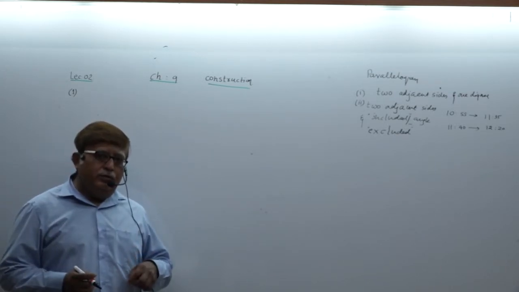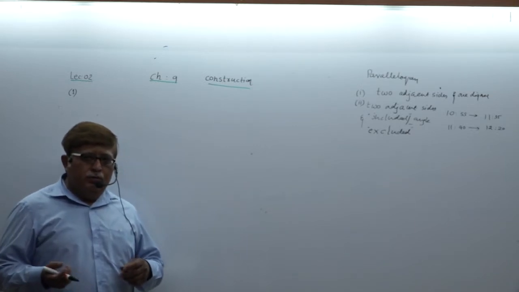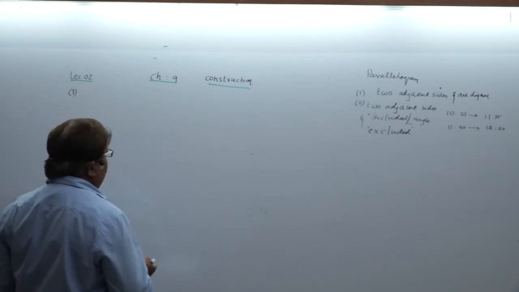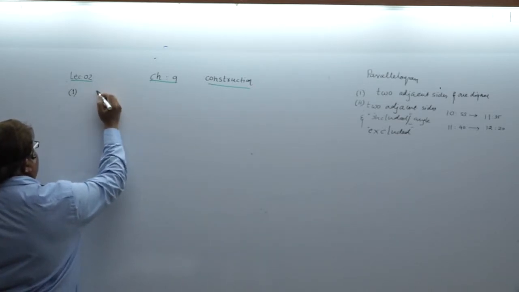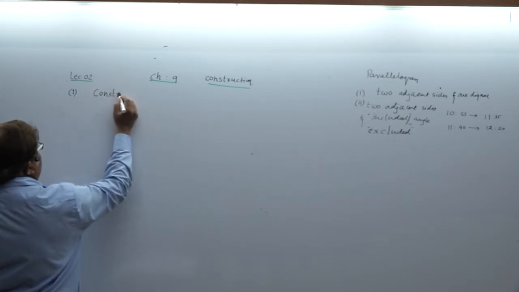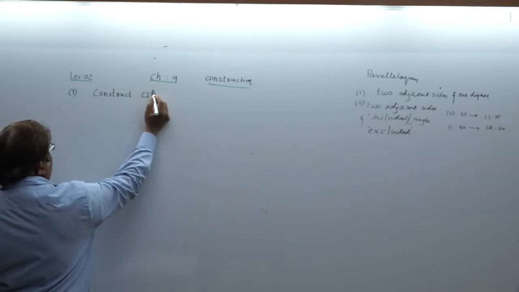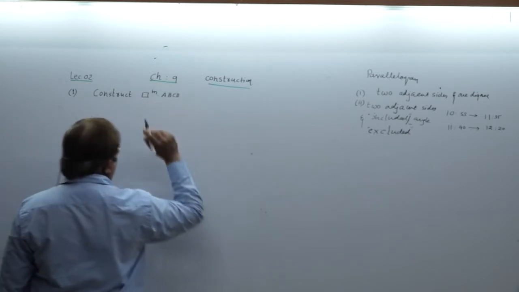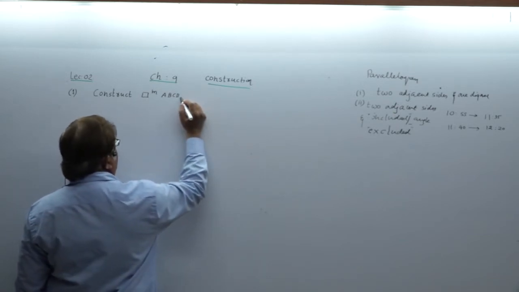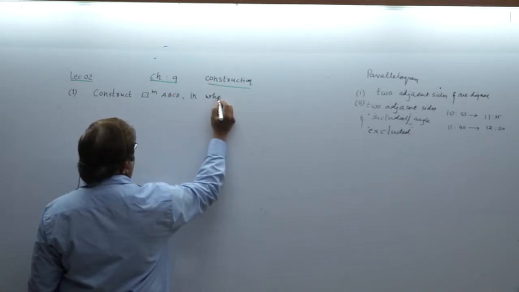That can happen, that you may be given included angle or you may be given excluded angle. Let me write the statement for you. This is the statement. Construct, please note down with me. Construct parallelogram ABCD in which